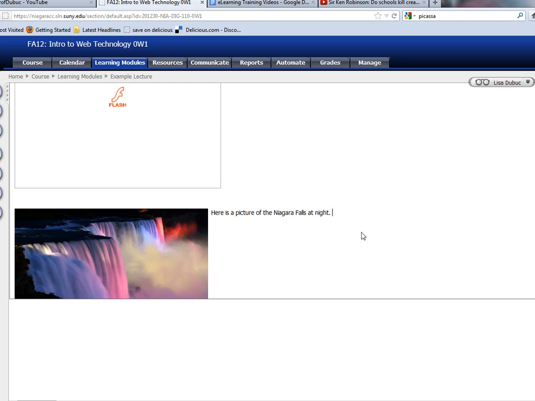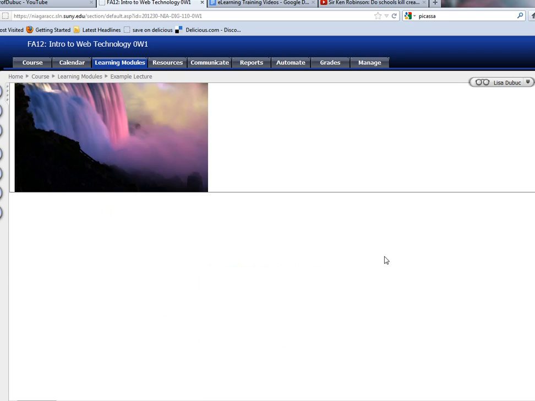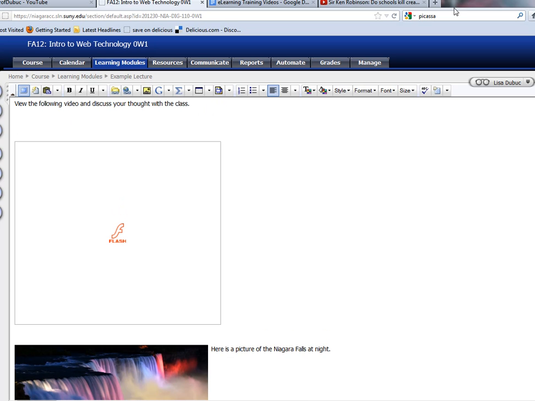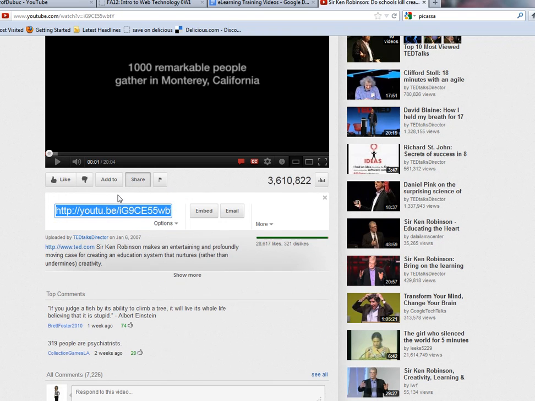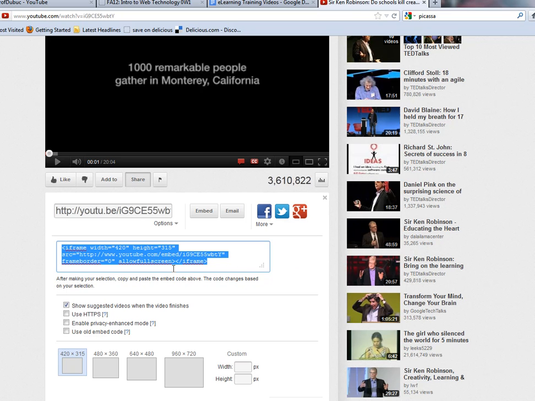You can also upload an image by using this Insert Edit Image if you had an image on your computer. The method I showed you was getting them from online. And a third way to add a video is if you had a video that you found on the web and you wanted to add the embed code, you could go ahead and go to get the embed code, and lots of different online widgets have embed code, and you would copy it, and you'd